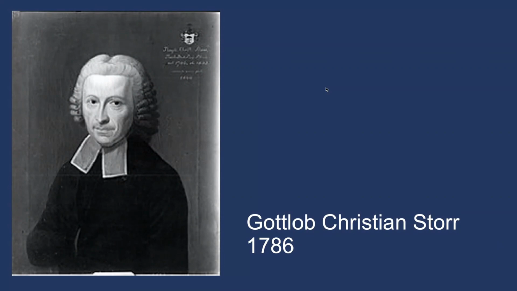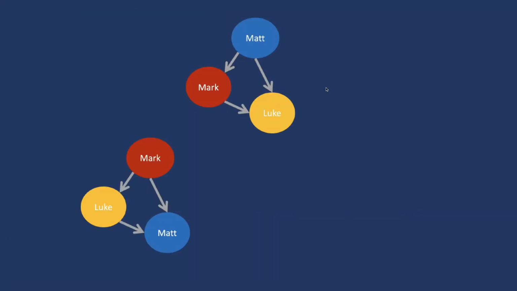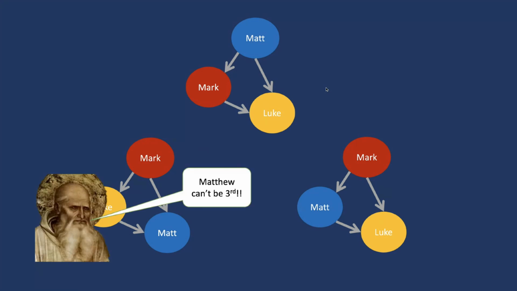But then Gottlob Christian Storr in 1786 upset the apple cart in that he observed that Mark was first. He's the first person to put forward the idea of Markan priority, which is now a view which the vast majority of contemporary scholars accept. But if you're going to switch Matthew out of first position, then it takes quite a lot of guts to put him in third position, to move him from first, where he's been for well over 1,000 years in the perception of the church, into third position. So there's Papias saying Matthew can't be third,